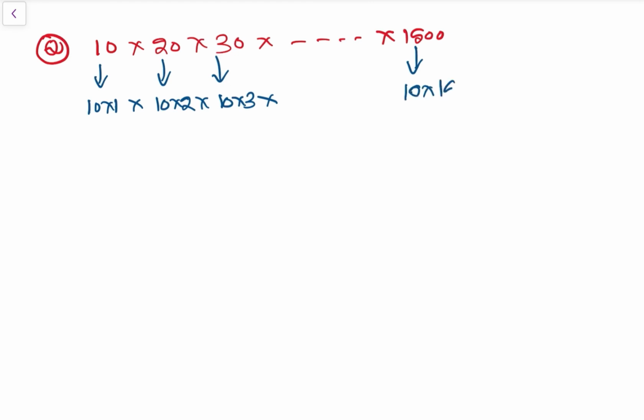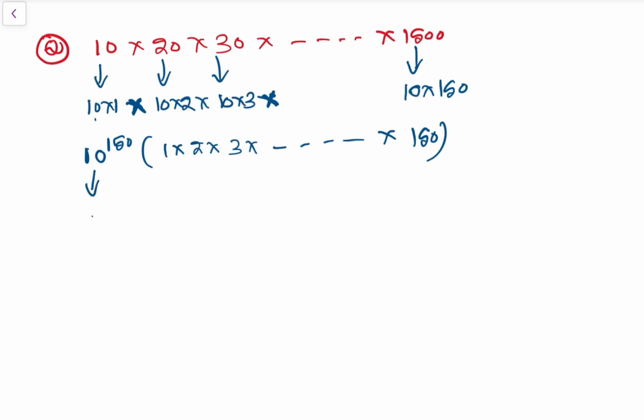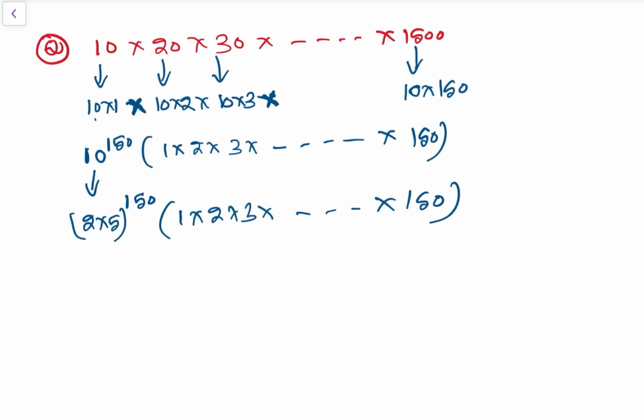10 into 150, so this is 10 to the power 150 into 1 into 2 into 3 into so on into 150, ठीक है। अब इस 10 को we can write it as 2 into 5, so (2 into 5) to the power 150 into 1 into 2 into 3 into so on into 150। अब इस 150 का नंबर ऑफ 5 फाइंड आउट करो,